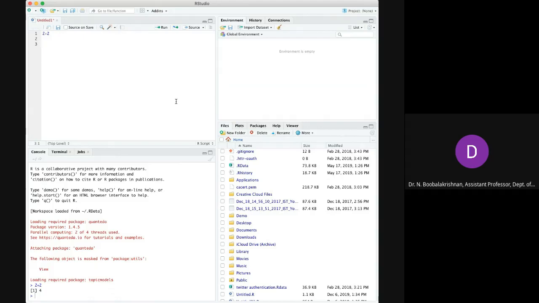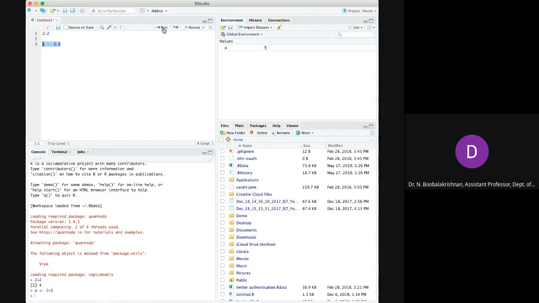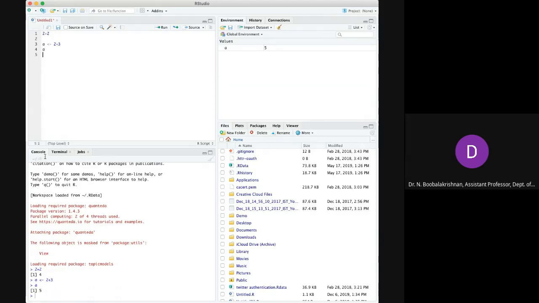Here you can write A, less than symbol and hyphen, 2 plus 3. Just press Control and Enter, or select this and click Run. It gets stored, and the value for A is stored as 5. If you want to see this output, just type A and run. You can get 5 here.